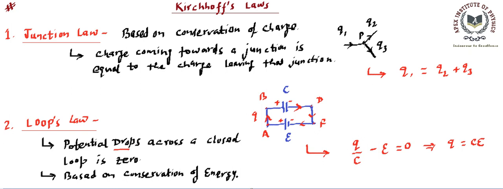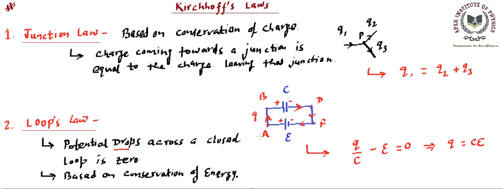And for that law to apply, we first need to identify or assume the flow of charges, and then we will make this equation, and then we will go for the next law, that's called the loop law. This is applied for a loop, and in a loop we move across the loop and write all the potential drops. Then the sum of all the potential drops is going to be 0, because from where we started we come back to the same position, and we know the same point has the same potential, so the potential difference becomes 0. So that's the basic, simple law we are using over here.